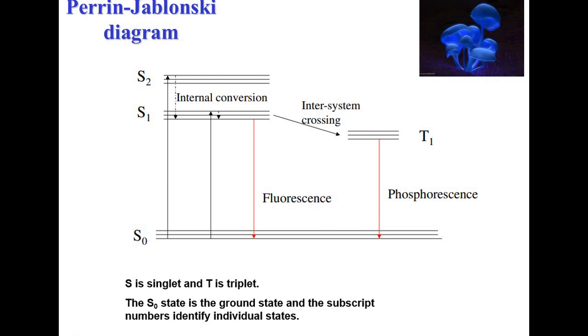So fluorescence spectroscopy is a type of electromagnetic spectroscopy that analyzes fluorescence from a sample, and the principle of fluorescence spectroscopy depends upon the Perrin-Jablonski diagram. So what is a Perrin-Jablonski diagram? This diagram explains all the physical processes that the excited electron undergoes from the excited state to the ground state, because the electron is unstable in the excited state, so it tries to get back to the ground state.